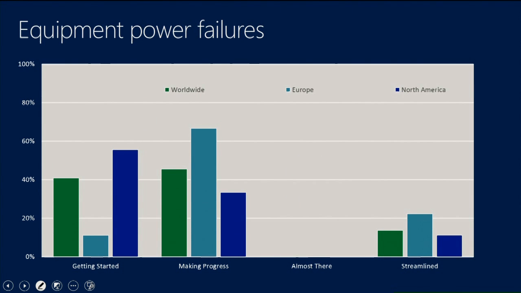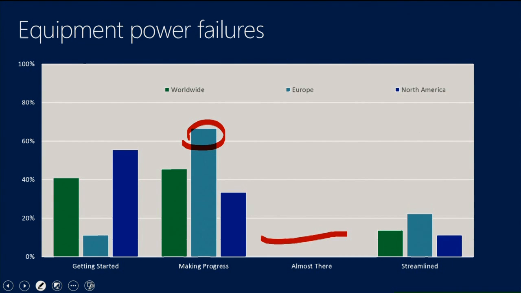Power failures, the last thing I think we're looking at for nonprofit. Again, a couple of really interesting things stand out. One is we had nobody respond in the almost there category. However, we see this really high spike there, particularly placing Europe at almost 65, 67%, not having adequate power failure